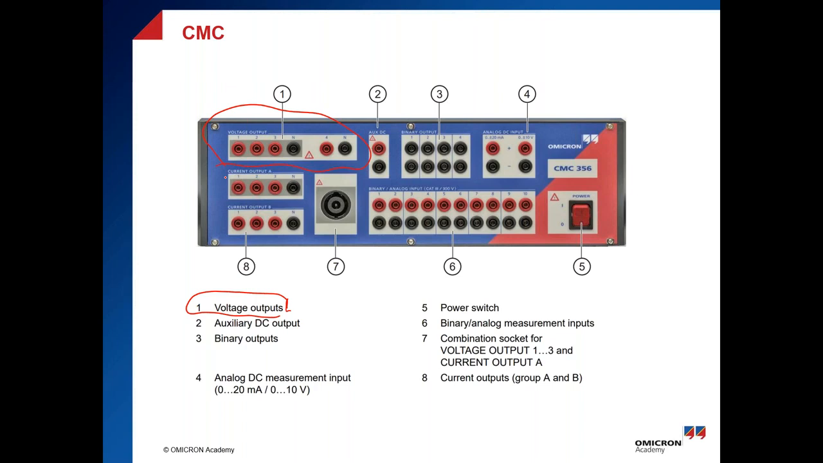Of those 4 voltage outputs, 3 of them can be used as a 3-phase voltage output, which can be used for directional protection testing, like directional overcurrent and directional earth fault. You can use it also for distance protection, for the direction element. And the fourth channel can be used for one of the applications, which is synchro check, which